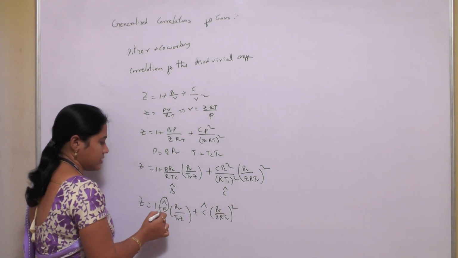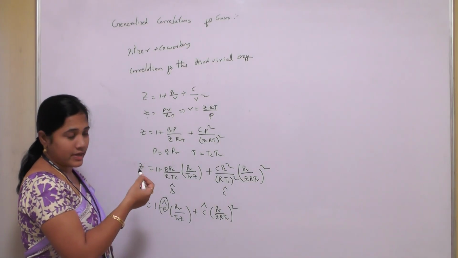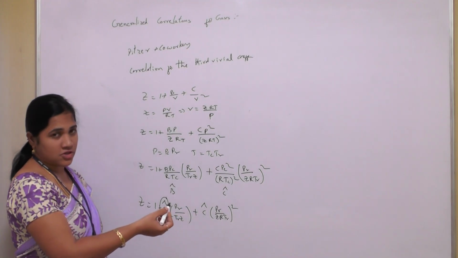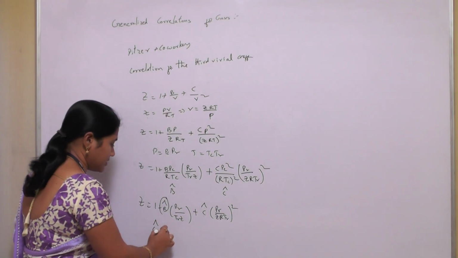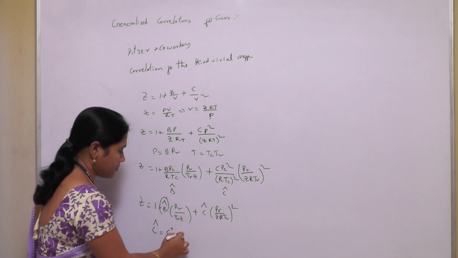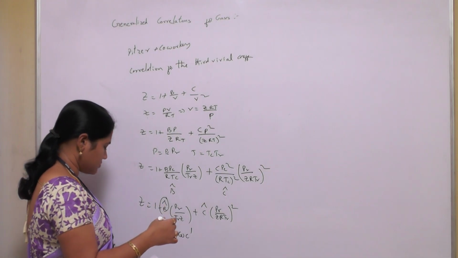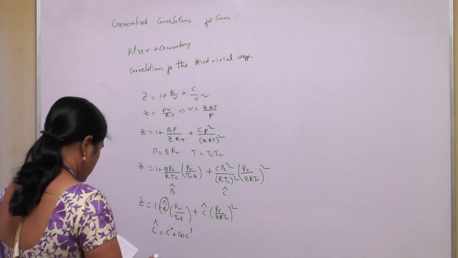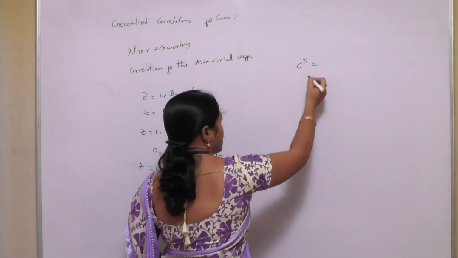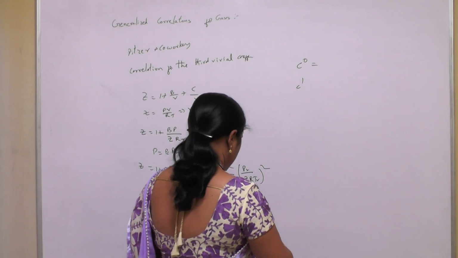The second virial coefficient is found with the help of the second correlation, that is B cap equals B naught plus omega B dash. Similarly, C cap is a function of temperature, and Pitzer and co-workers developed a relation for C cap equals C naught plus omega C dash, where C naught and C dash are also functions of the temperature. These are given by